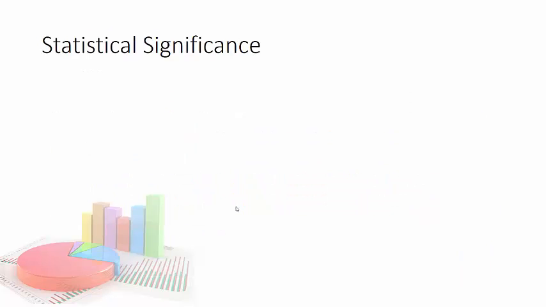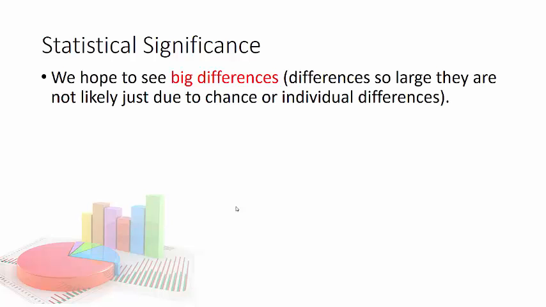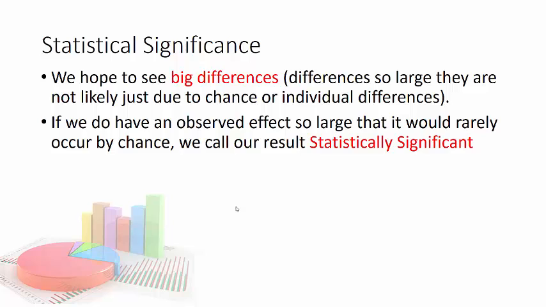One last thing on this video, what we're looking for at the end of this experiment is something called statistical significance. We want to see big differences. So if the differences look kind of like what you'd get anyways by chance, that's not a big difference. But if we do see an effect that's so big that you can't really explain it by chance, then we say, ooh, this is statistically significant. We can actually establish like a causal relationship